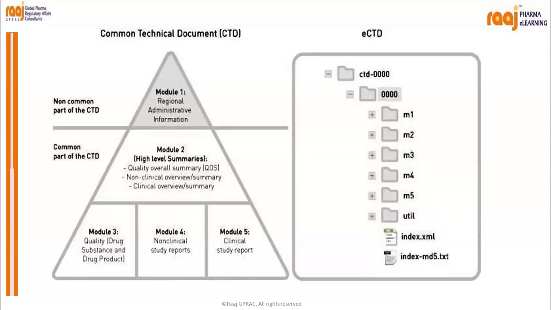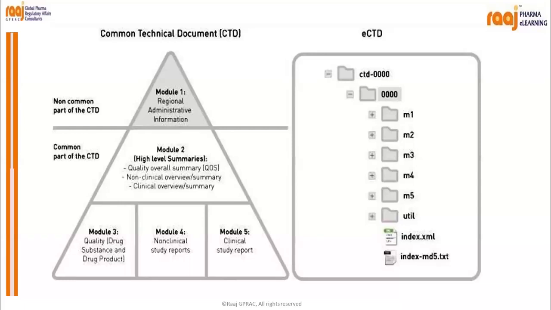And then module 3 talks about the quality module or the CMC module. CMC is chemistry, manufacturing, and control, in which we have to gather all the information of your drug substance or drug product in this CMC format. When we talk about DMF, it comprises only module 1 and module 3. Why? Because DMF doesn't have the product. So API becomes your product in that case,